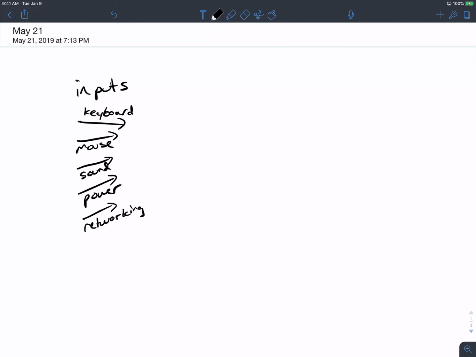Okay, and along with inputs come what? Outputs. Okay, great. So there are outputs over here. So we've got inputs. What are some outputs that a computer might have? What is the obvious one that you use every single day? Screen. The screen, yeah. Screen, image, all that stuff. What other types of outputs might happen? Sound. Yeah, sound, to mirror the other sound one. What other outputs might we have? Network. Yeah, again, network also. What else could there be?